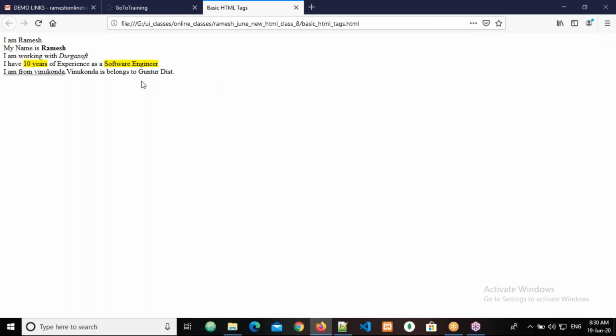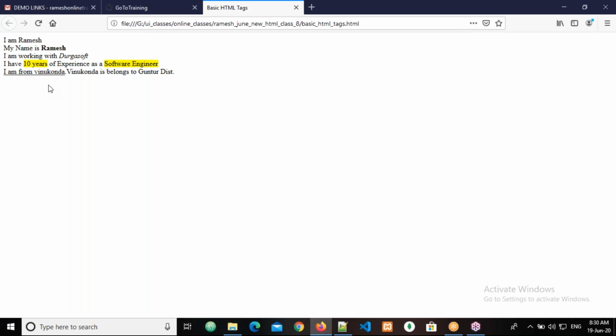So if you want to display your content with an underline, then you can go for the ins tag also. Or if you want to tell that this is newly added content, in that case also you can go for the ins tag, inserted text. Suppose there are 10 lines yesterday, and you have added 2 new lines. Now you want to tell that these are newly added lines.